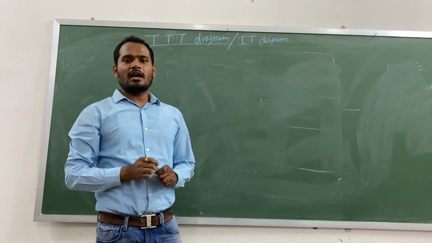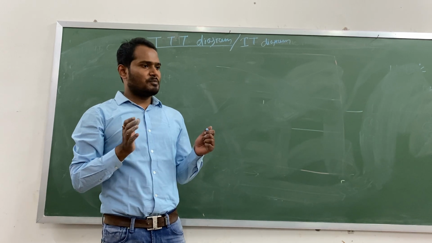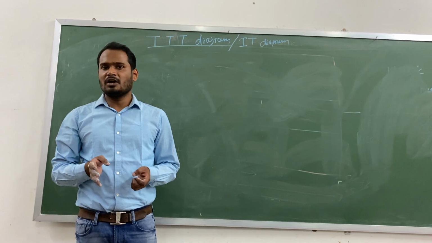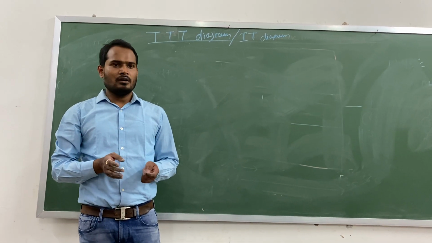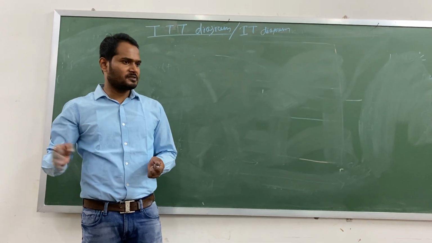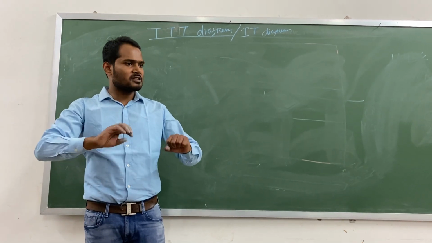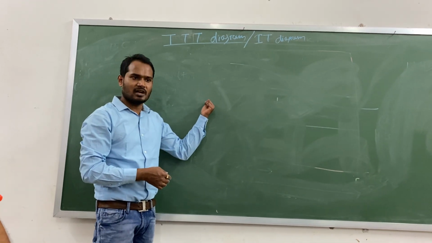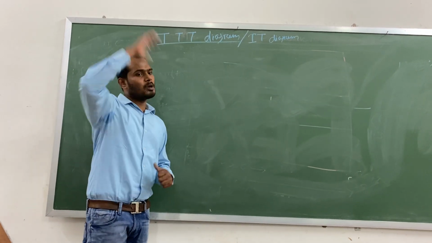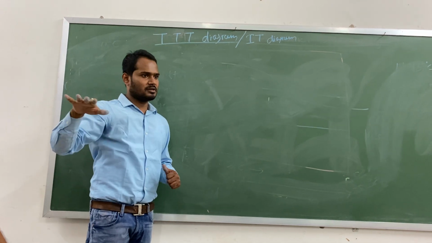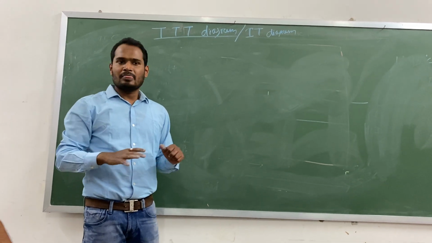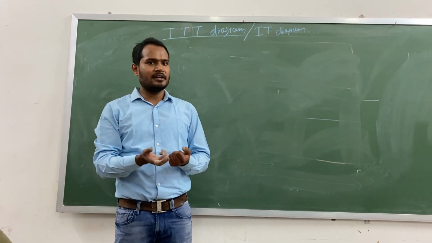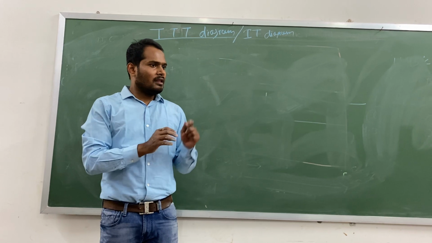See, the TTT diagram is formed like this: we take a big piece of steel. Suppose I am taking eutectoid steel, that means steel containing 0.8% carbon, and I cut it into small pieces. Then I take all the pieces of steel to the austenitizing temperature. You have seen the austenite region, the gamma region. You heat all the steel to a particular temperature and make all the samples austenitize. That means in the microstructure you will have grains of austenite and austenite grain boundaries. That's all. Okay? Then what do you have to do?